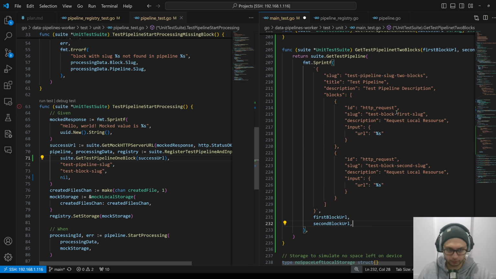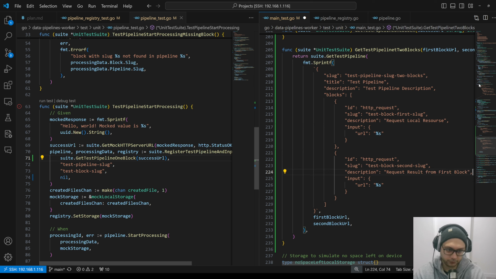How should it work? Description: request data from a local resource. Yes, it will be correct, but in here it should be: request a result